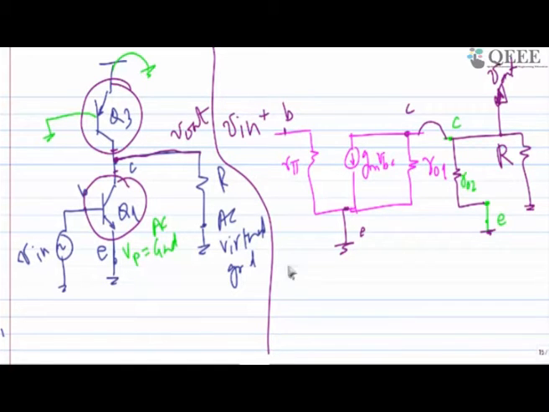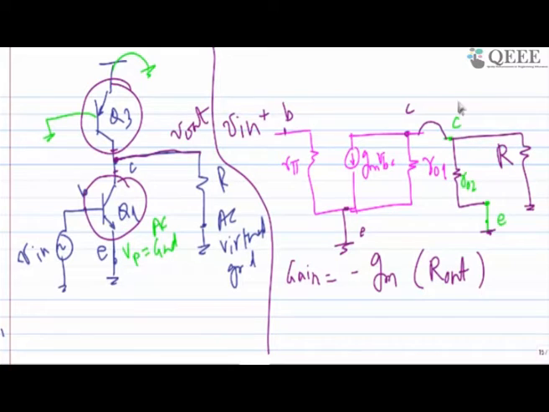Now I know that gain is equal to minus gm times Rout. If I want to find out Rout, what am I supposed to do? Add one known voltage source, and I have to measure how much current is flowing through it. Vx by Ix will give me the resistance, and when I'm doing this, all the independent sources should be 0.